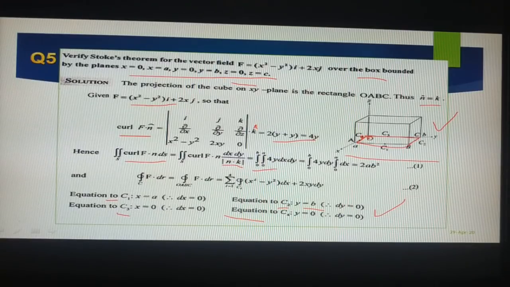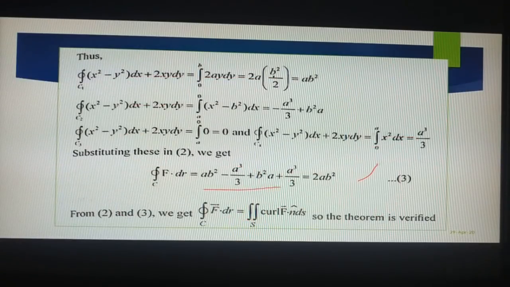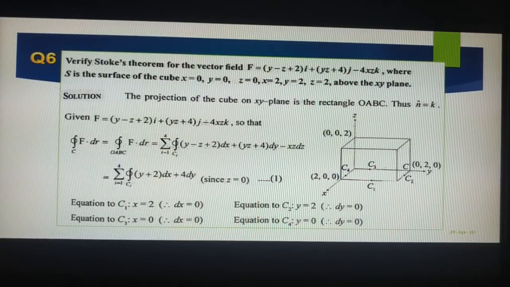To find it, just multiply k dot k, and directly we will get the result. Even without using this modulus of n dot k, we will get the result. But you should try to understand how things are happening here, right? So now this will be equivalent to 2ab square. If you go along the curve, we will get the same result. So both are the same. Okay. Please verify on your own by doing all these problems.